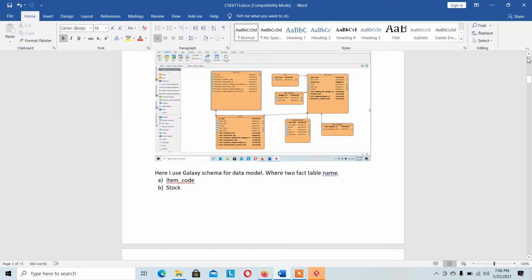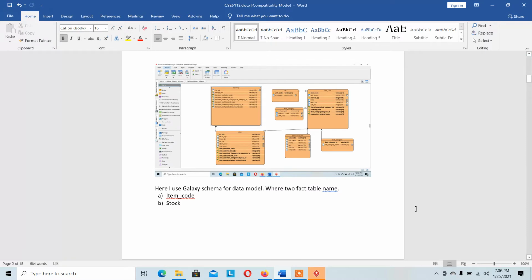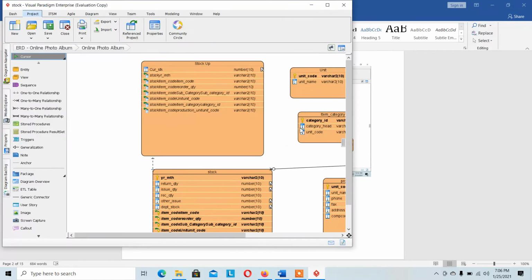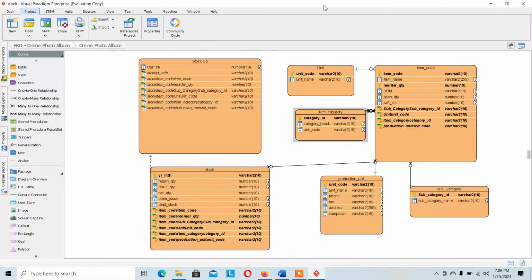This is my screenshot of my ER diagram. Now I show this in my Visual Paradigm software. Here is my ER diagram. This is my one fact table, item code, and this is my another fact table, stock, and the two fact tables are connected with a primary key foreign key relationship. And these are my dimension tables: unit table, item category, production